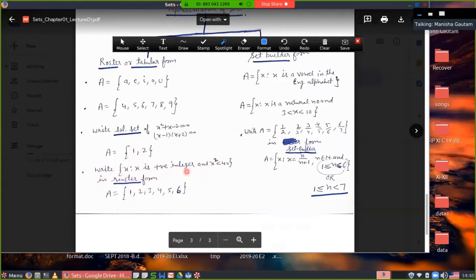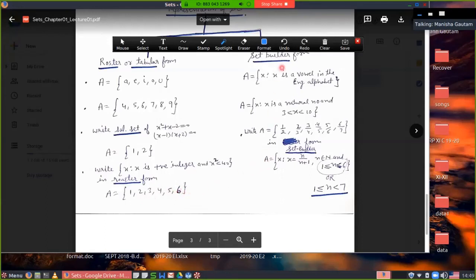Those elements which are integers as well as their square is less than 40. It means positive integers are what? 1, 2, 3. These are the positive integers. Square them and find out the numbers which have square less than 40. 1 square is 1, 2 square is 4, 3 is 9, 4 is 16, 5 is 25, 6 is 36. When I came to 7, it comes out 49, which is greater than 40, not less than 40. It means up to what? From 1 to 6 you can write down in a bracket with the separation of the comma sign.